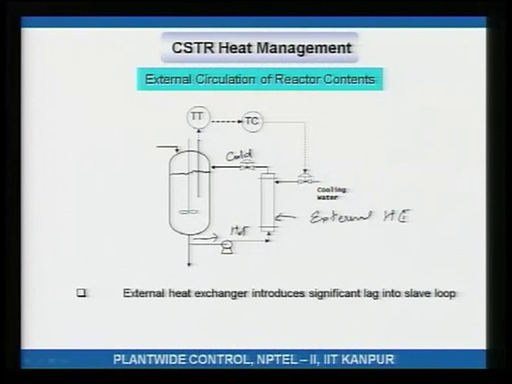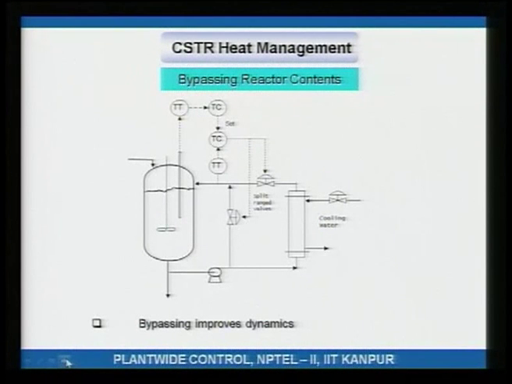This external heat exchanger, like I discussed previously, if you do this type of temperature control, it is going to be extremely slow, because the cooling water will have to cool down the tubes, which have a large mass and large thermal heat capacity. It takes a while for the tubes to cool down, and therefore it takes a while for the temperature of this cold reaction mixture to change. So again, that split range arrangement helps a lot.